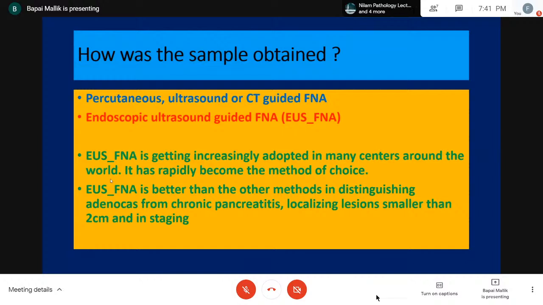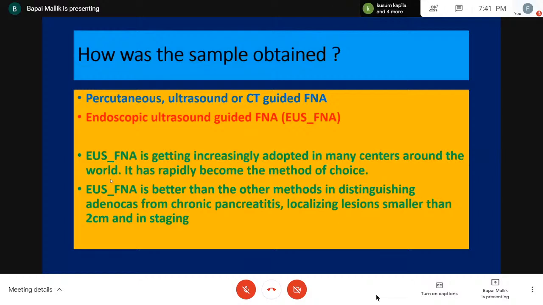Luckily, at the place where I work, the gastroenterologists that work with us are extremely good at getting good samples, and we have seen that our non-diagnostic rates are extremely low. So most of the time, we are able to give them a very specific diagnosis. And under various circumstances, I can tell you that they go ahead with their therapeutic decision without doing a biopsy. Mostly what I'm talking about is in case of solid lesions, of course in cystic lesions too.